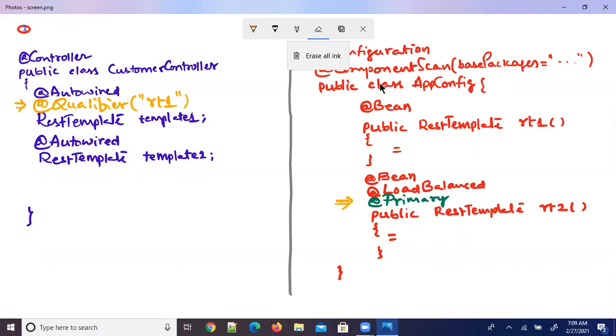For example, take the Autowired annotation. I cannot use Autowired at the class level. You can't find @Autowired anywhere at the class level because you can't use it there. But you can use it at field level, at constructor level, and also at method level, meaning at the setter method level. So that's what I'm trying to say. Some annotations can be used at method level, some at class level, some at constructor level, like that. Autowired cannot be used at class level. Primary can be used at both method level and class level.